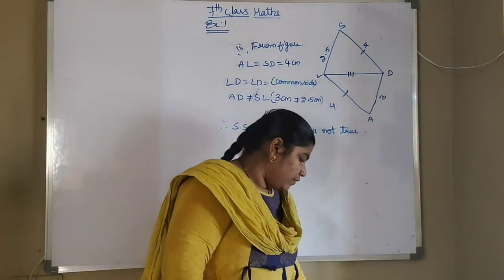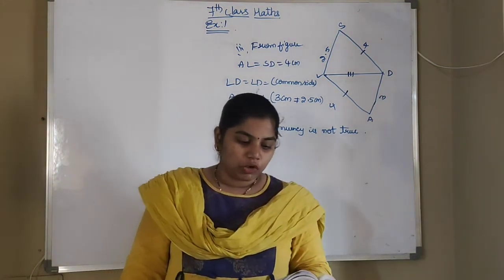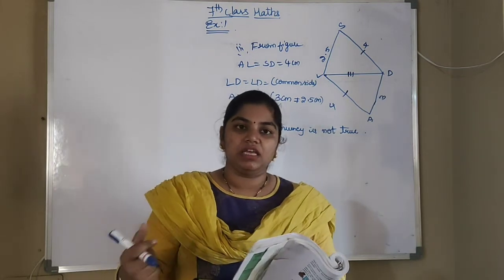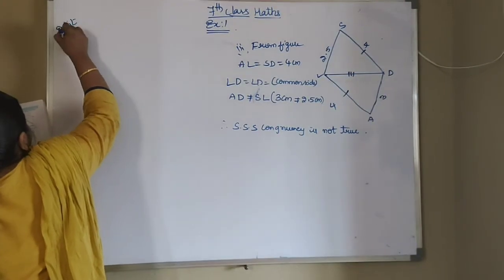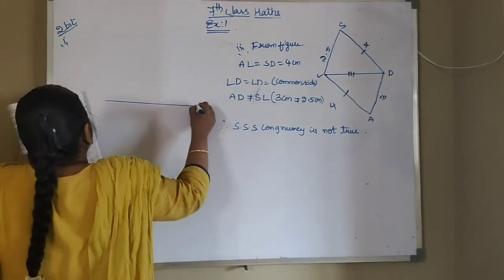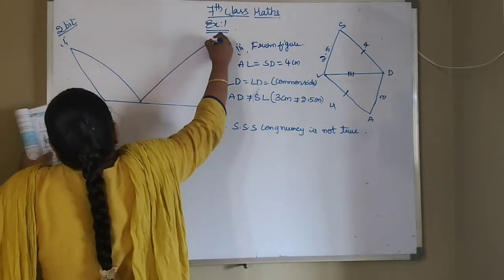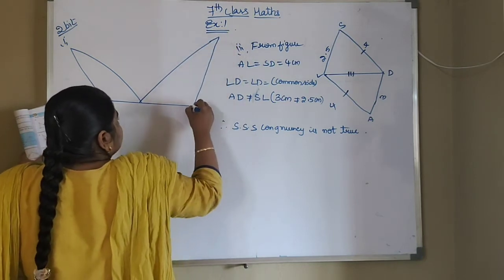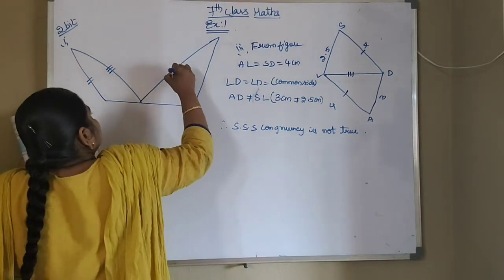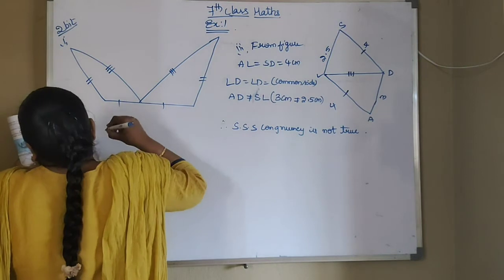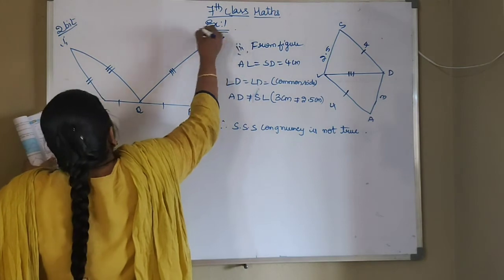So what is second bit? For the following congruent triangles, find the pair of corresponding angles. So find the pair of corresponding angles. So which angles are equal, we have to find them. Okay, so here second bit, first one. What is the figure? So this is 2. Q, P, R, S and T.